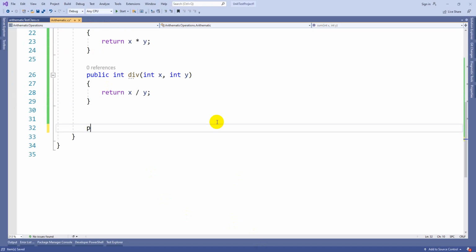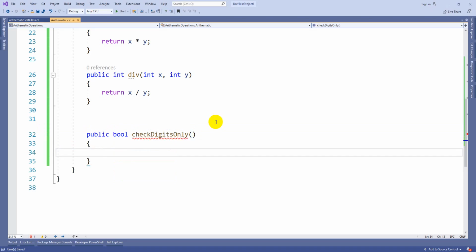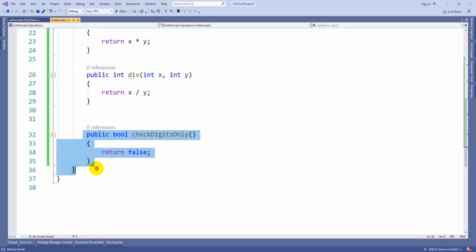Suppose here we have public bool CheckDigitsOnly. Some code is there, you can call whatever it is. We have to implement it actually in Arithmetic, but we are not able to implement it. That is the reason by default it is always going to return false, but I just want to show the user that the test case has passed.